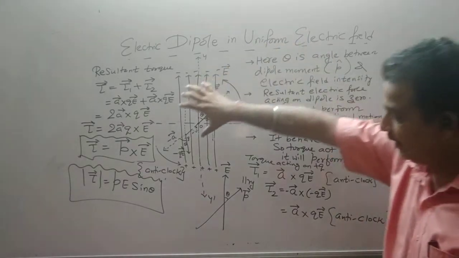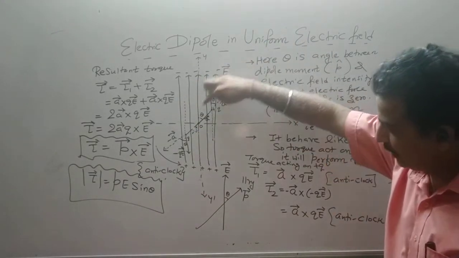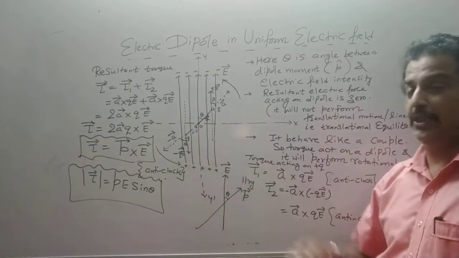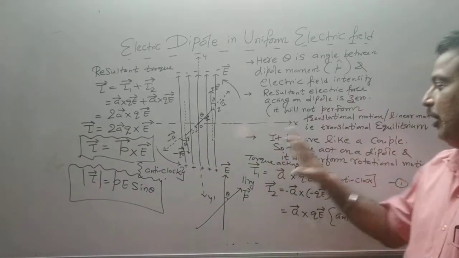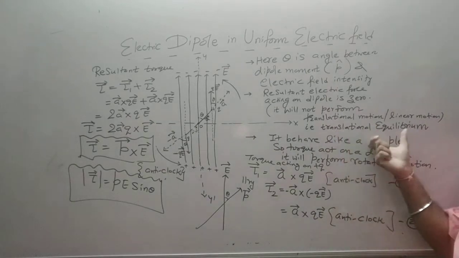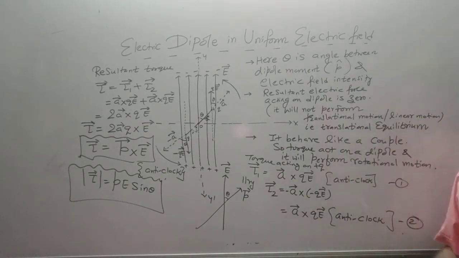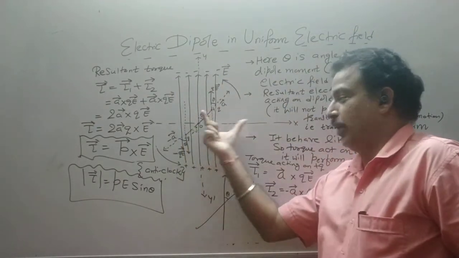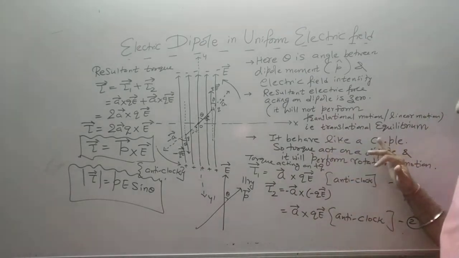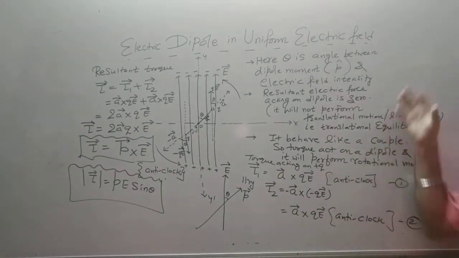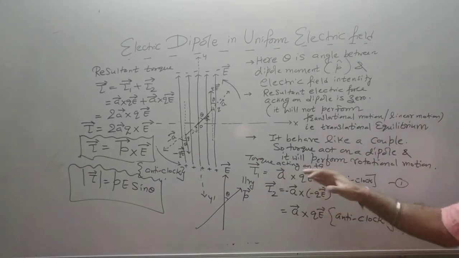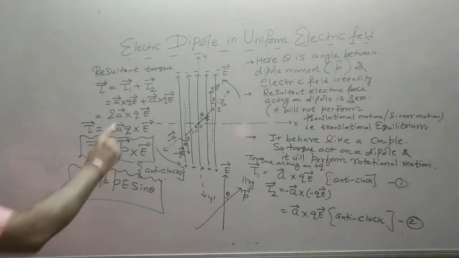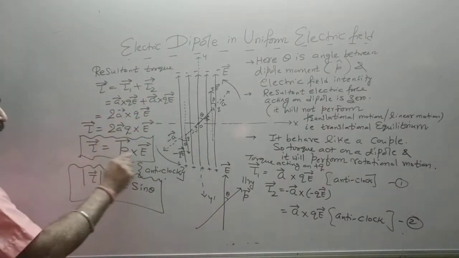Now when we place it, we find that the two forces acting on the charges of a dipole are anti-parallel, and their magnitude is the same, so they cancel each other. So it will not perform a translational motion, or it is in translational equilibrium. However, the two lines of action of forces are separated by a perpendicular distance, so it constitutes a couple. When it constitutes a couple, the resultant torque will act on it. We have found individual torque acting on the charges, and when we add them, both directions were the same, so they added, and it comes out to be P cross E.